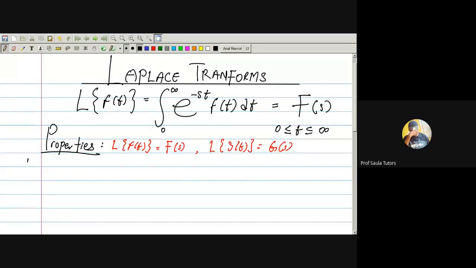Talking about the linearity of Laplace transform. What is it? Pay attention. If I have the Laplace transform of a times f of t plus b times g of t, where a and b are some constants, what does it mean? It is possible for us to separate the Laplace transform for these two functions, and it is possible for a constant to always move out of the Laplace transform. Therefore, this becomes a times the Laplace transform of f of t,